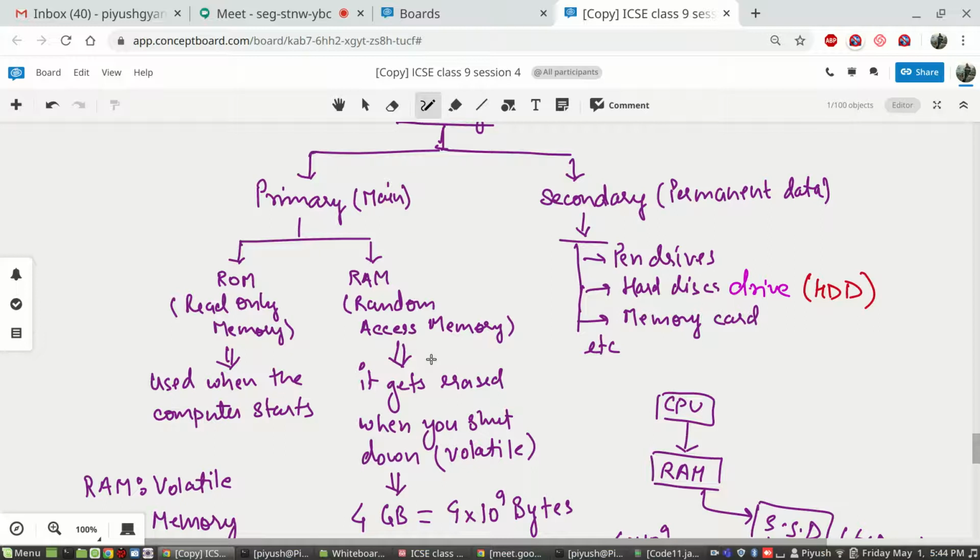Once the computer has started, whatever program will be executing is not stored in ROM. Why? Because whatever is not executing or running at any given time is there in one of your secondary storage devices, mainly your hard disk.